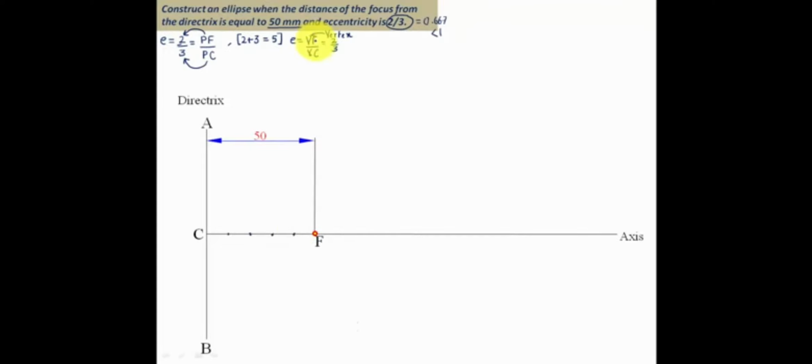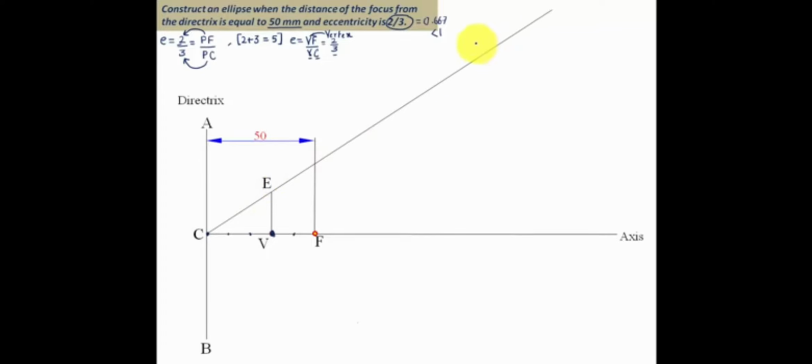Now from F, 2 sectors, 1, 2 sectors, that is V. From C, 3 sectors, that also is V. Yes, VC is 3. From C: 1, 2, 3. So that is also fine. From this base we need to draw an ellipse. See, VF is how much? 2 sectors. Take that value and draw the vertical line from V. So we get E. Just connect CE, draw the straight line,